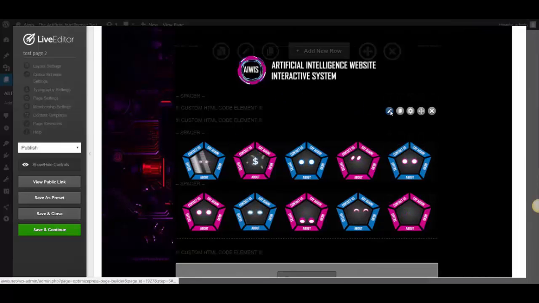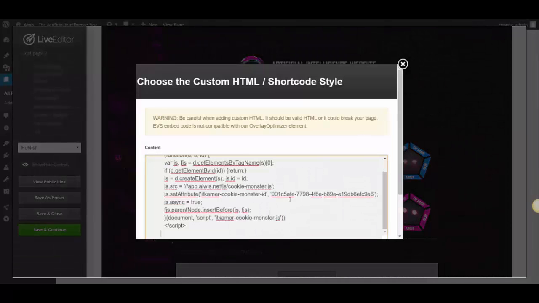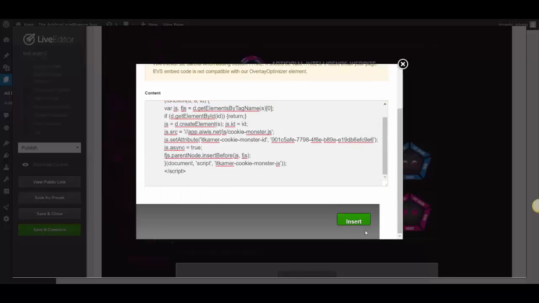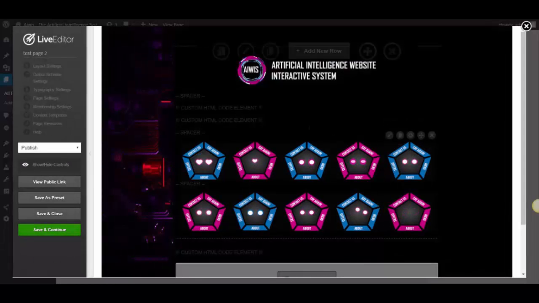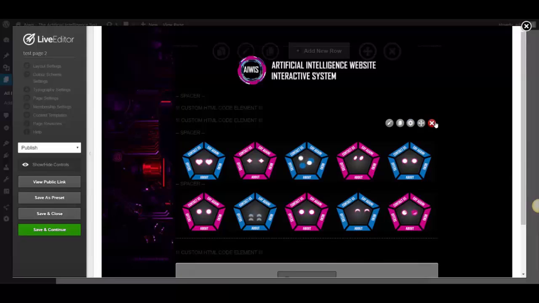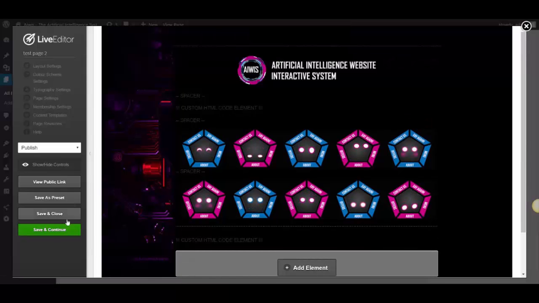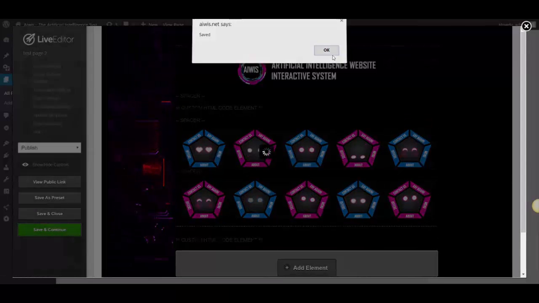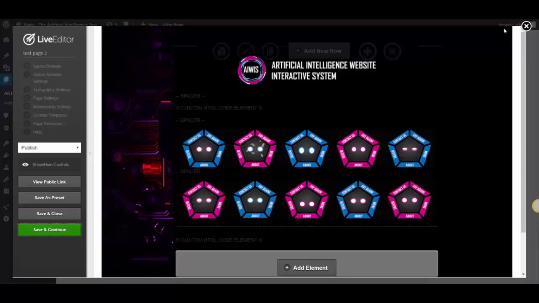Custom code element. In order to have the form inside the page, remember you have to have this code in here. So if I didn't want it to show anyway, all I'd have to do is remove this code, save and continue. One thing I do need to do is remove, because this tracks by cookies as well,